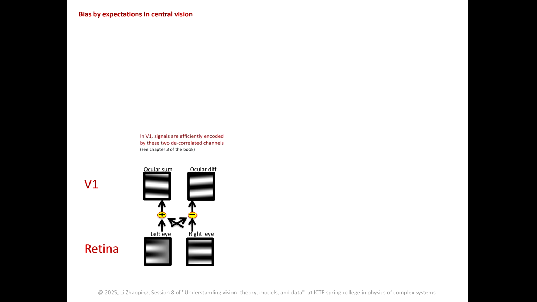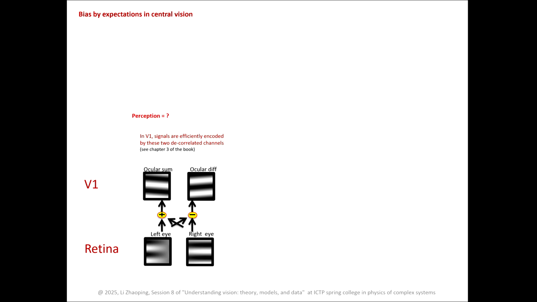Let's say that we present these images to the left and right eyes respectively. They are constructed such that when they are added together, the result is a grating that is slightly tilted clockwise from horizontal. When they are subtracted from each other, the result is a similar grating but tilted anti-clockwise from horizontal. We are interested in binocular summation and difference channels because V1 represents stereo inputs this way in its neural population activities. Anyway, such inputs give ambiguous perception as to whether the grating is tilted one way or another.